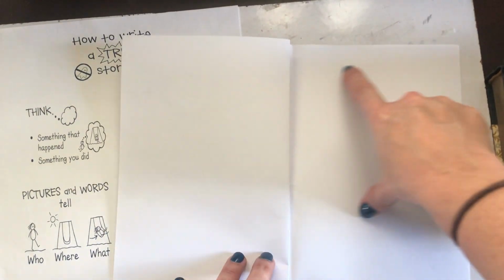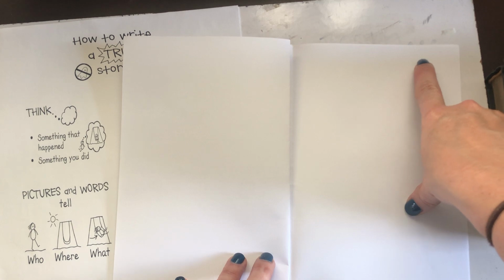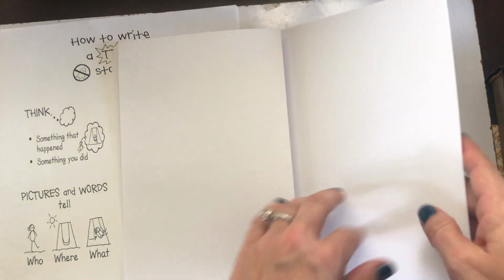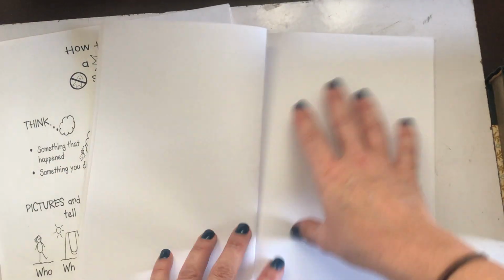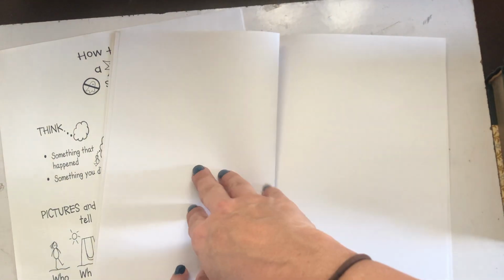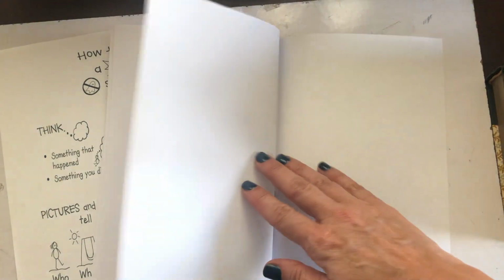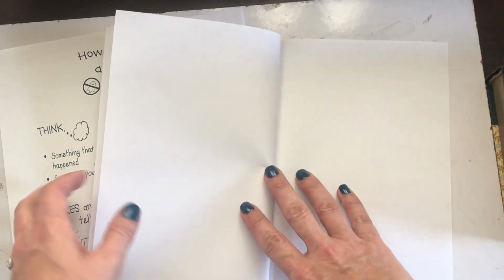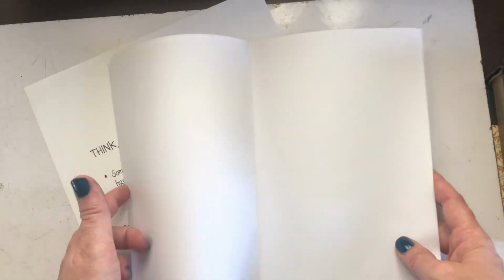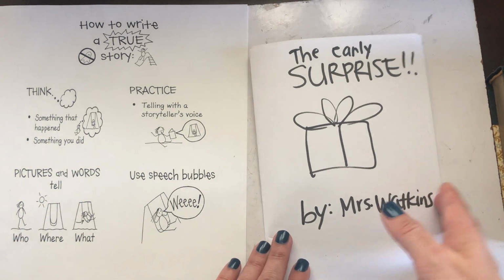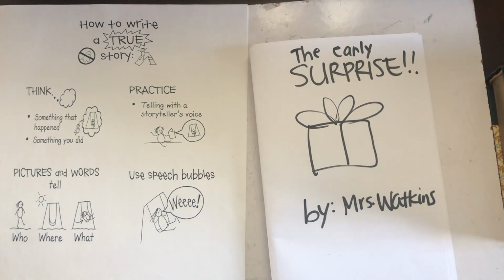And I might even take that across both pages, because that's how loud we were. We were so loud, we probably woke up the whole neighborhood. Surprise! And then on this one, I'm going to draw his face looking all surprised, and us smiling and singing happy birthday. And then on this one, we were eating the birthday donuts. So do you see how I thought about how my story was going to go by just thinking about what happened and planning through? So now I have a lot of work to do tonight. I'm going to go ahead and draw those pictures of the story and try to add my words.